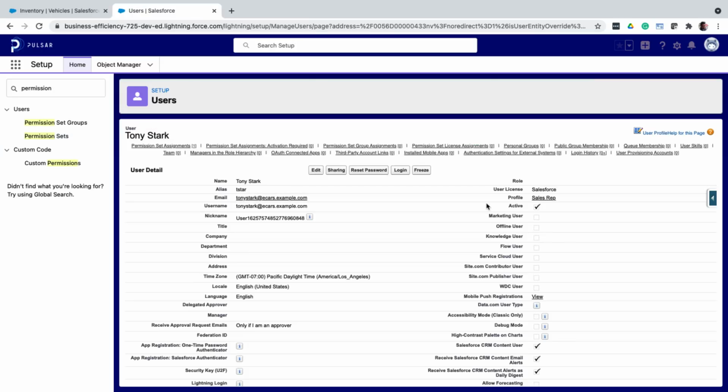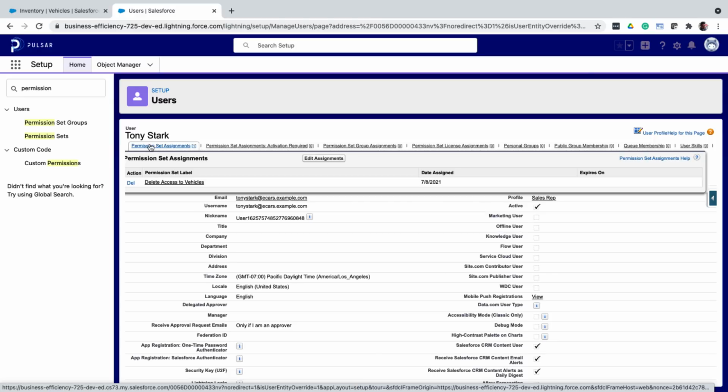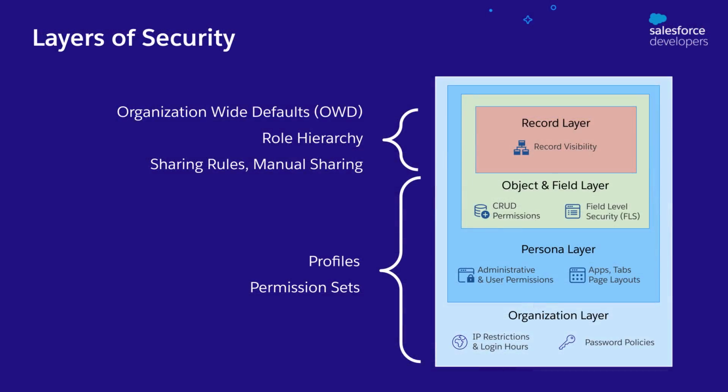Now, if I go to a user record, I can see they have a profile that gives them create, read, and update access on the vehicle, but an extra permission set gives them delete access. So in a way, permission set allows me to give more permissions at a user level that can be revoked whenever you want. So that covers the org, persona, object, and field level access.